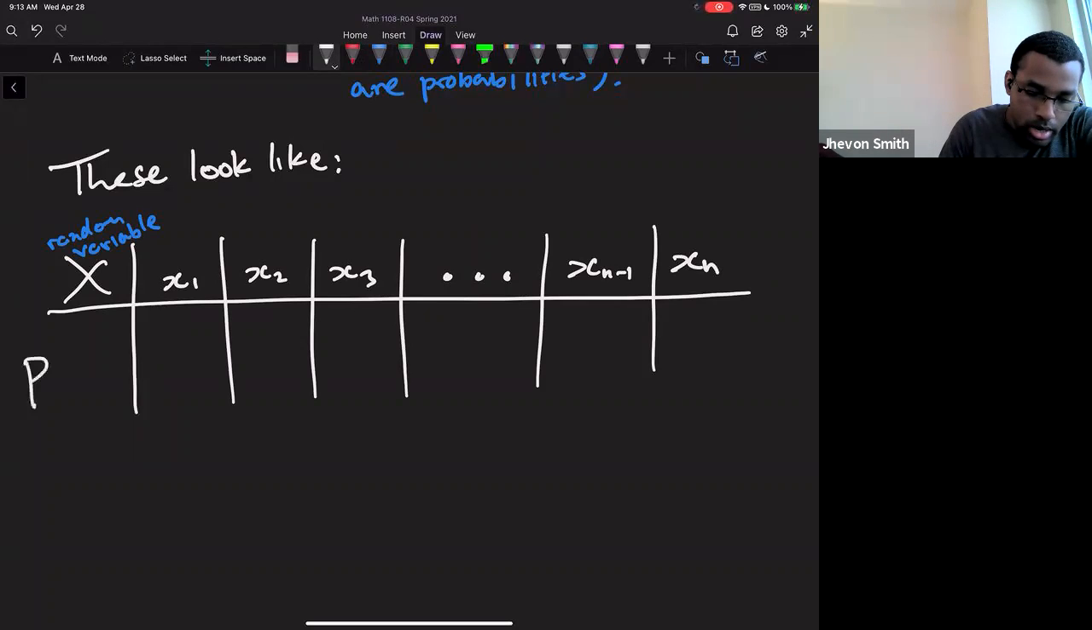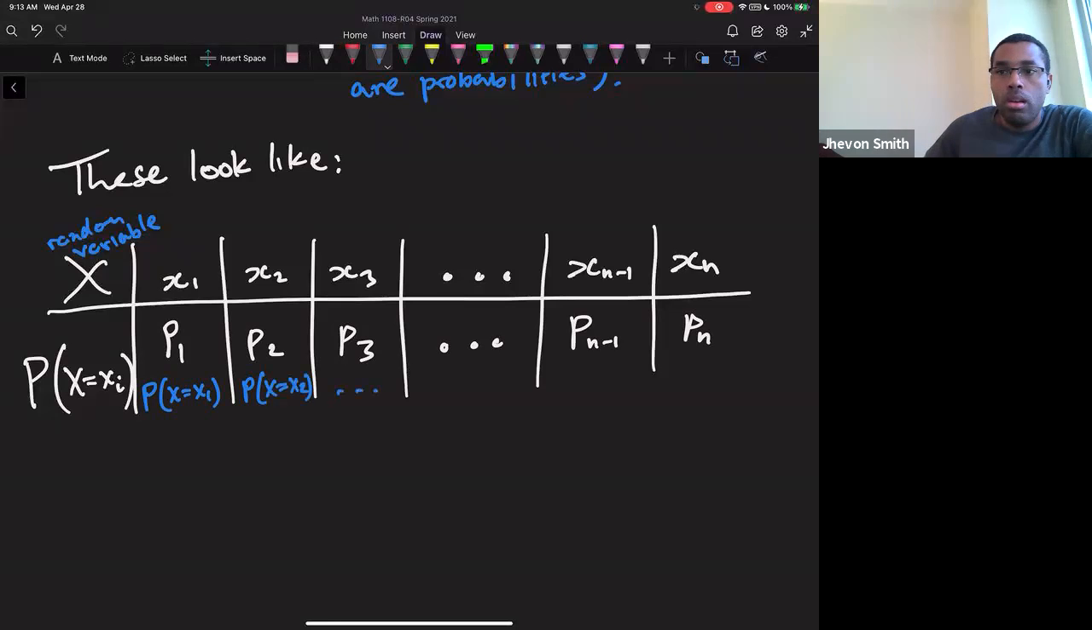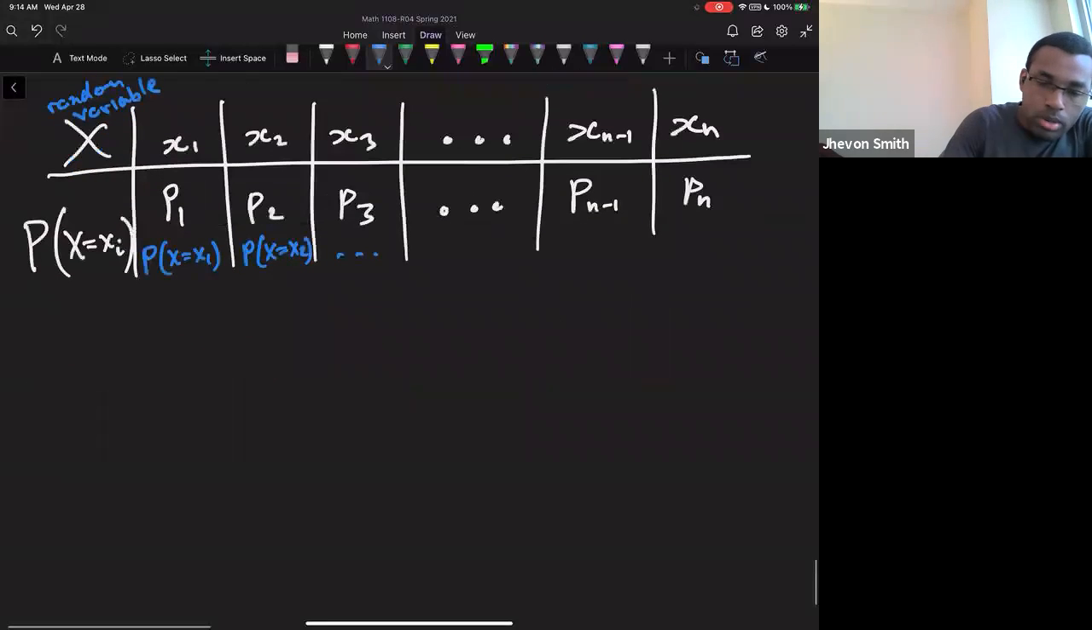And then down here, you put what is the probability that x equals that value, right? So you can think of this as P1, P2, P3, up to Pn minus 1, Pn. And what this really is, is the probability that your x would be equal to x1. This would be the probability that your x will equal x2, etc. So that's a probability distribution where you just tell me all possible outcomes and you can tell me their probability. So for example,